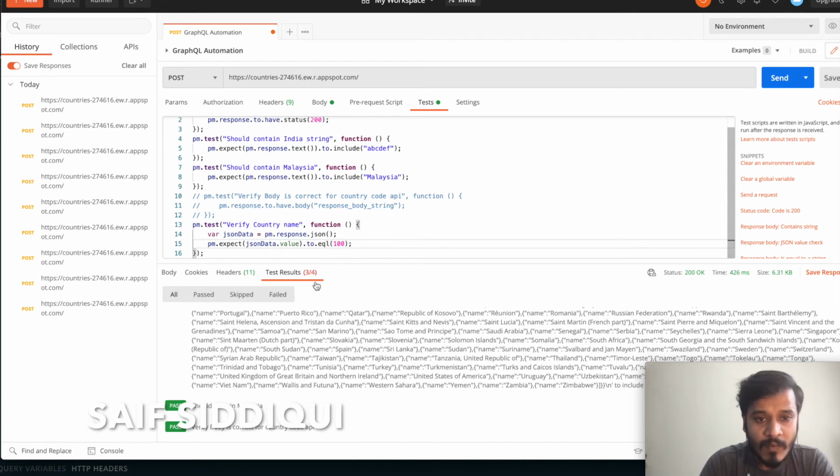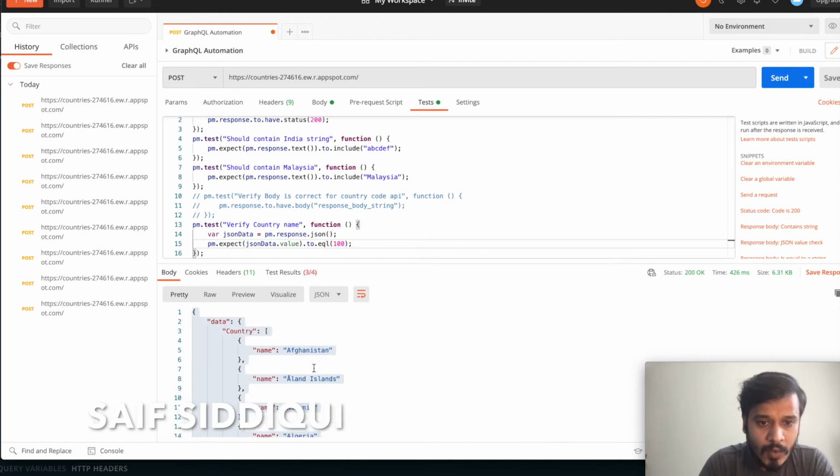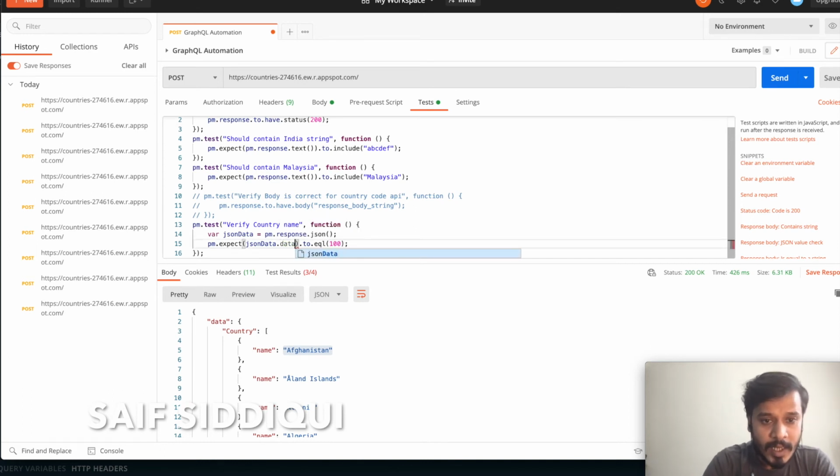And for that, if you go here in the body section, you see this data. Inside this data it is country, and inside this country it is name. And for this particular attribute we are having some response which is our country name. So in order to find this, what we can do, we can just go here in the value and we can change it to data.